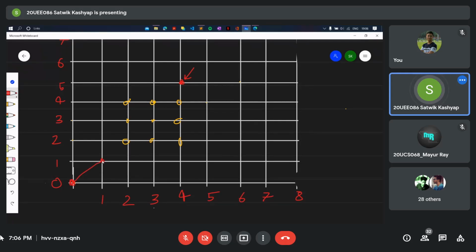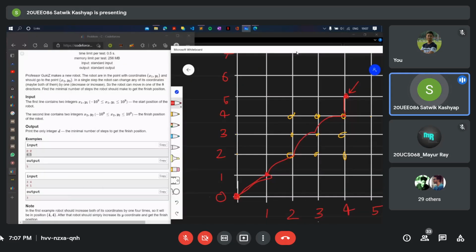So that's what we'll do. To reach 4, 5, we first go diagonally 1 step, 2 steps, 3 steps, 4 steps, until we reach the same column as 4, 5, because the x-axis value is 4, and then we just go vertically up from there. So the number of steps will be 1, 2, 3, 4, and 5.